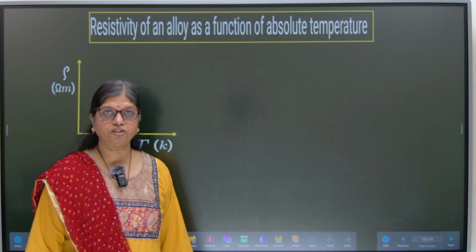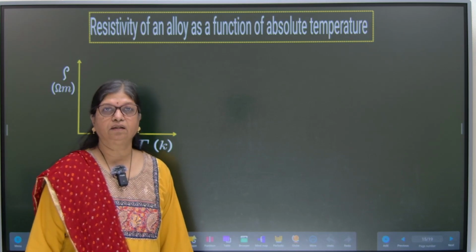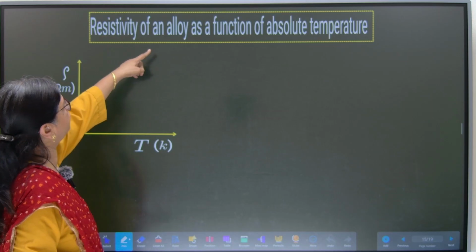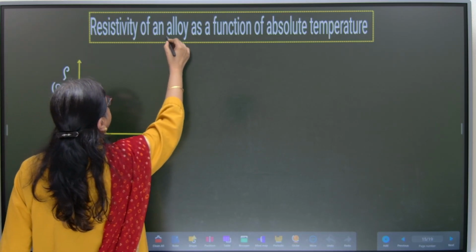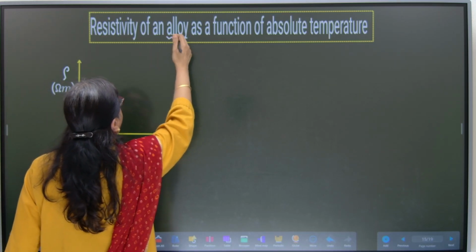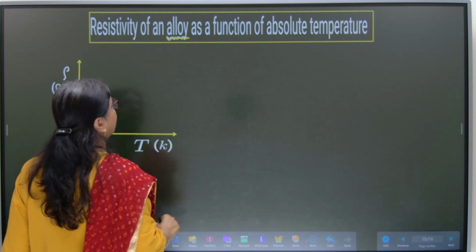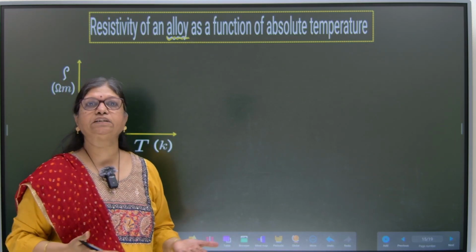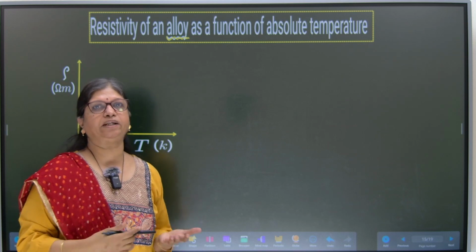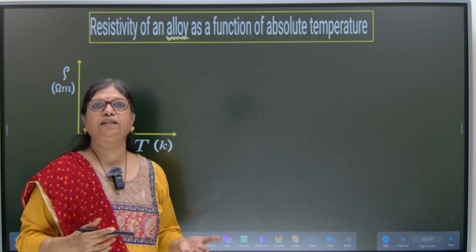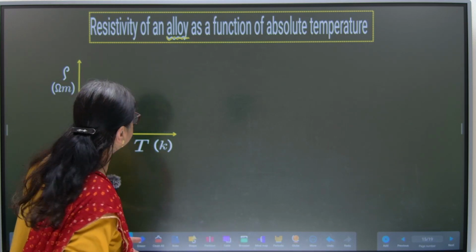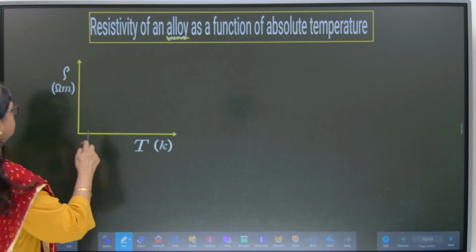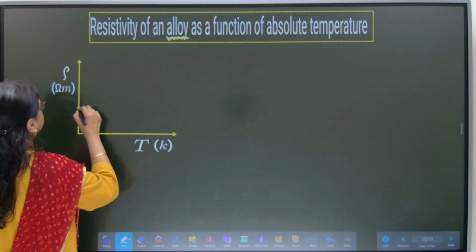Now in this page, let us understand the resistivity of an alloy as a function of absolute temperature. Now what is an alloy? Alloy is a mixture of metals and non-metals of various materials. Fine. Okay. So let us consider the graph first, which shows us that the